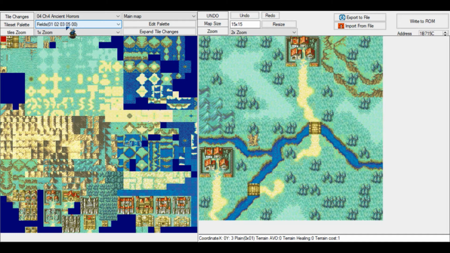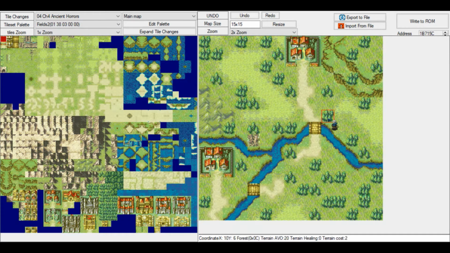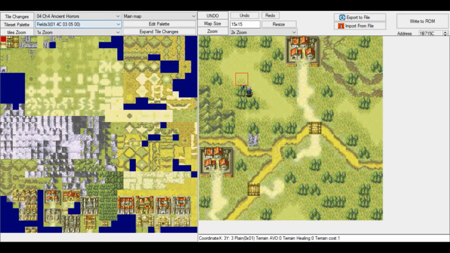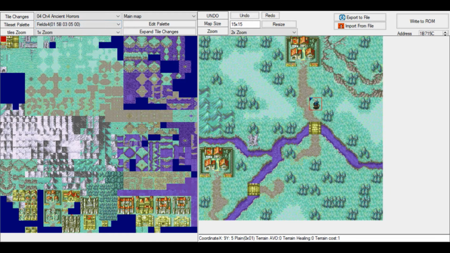That is the standard one. This is more a mountain / plains one. Reminds me a bit of FE7 Sacae. This one is for a sunset map, where the river, of course, is yellow and the grass is a little bit different shade of green. I will be creating a map with this palette. And then we have like the dark forest in FE8, the dark forest-like palette, where you have the gray mountains over here and the purple water.